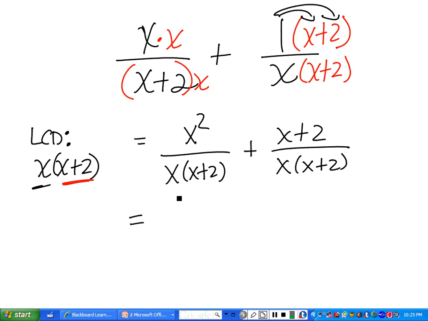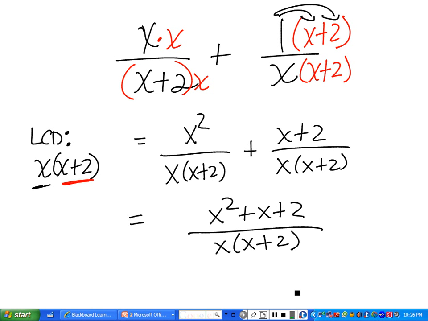Therefore, we can now combine the numerators, x squared plus x plus 2 divided by x times x plus 2. I know it seems tempting to try to cancel this x plus 2 here with this x plus 2, but notice that x plus 2 is not a factor. It's actually a part of the trinomial x squared plus x plus 2, and you cannot cancel terms with a